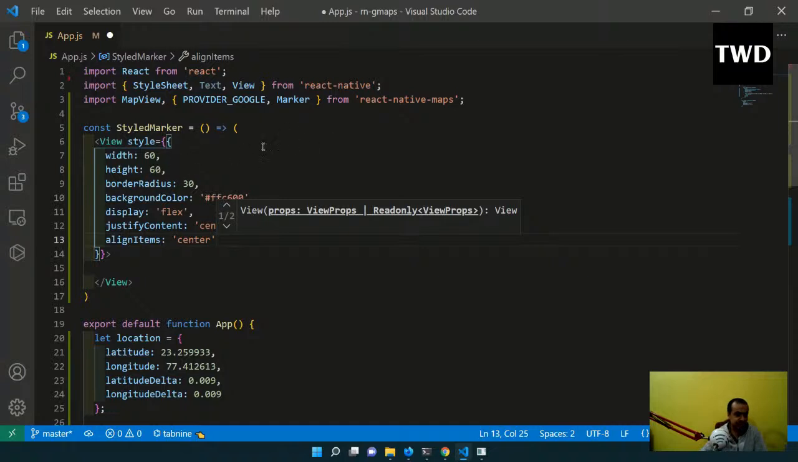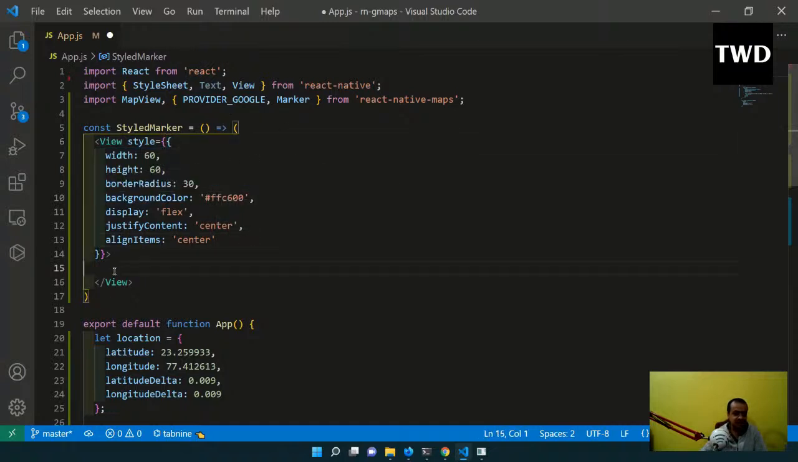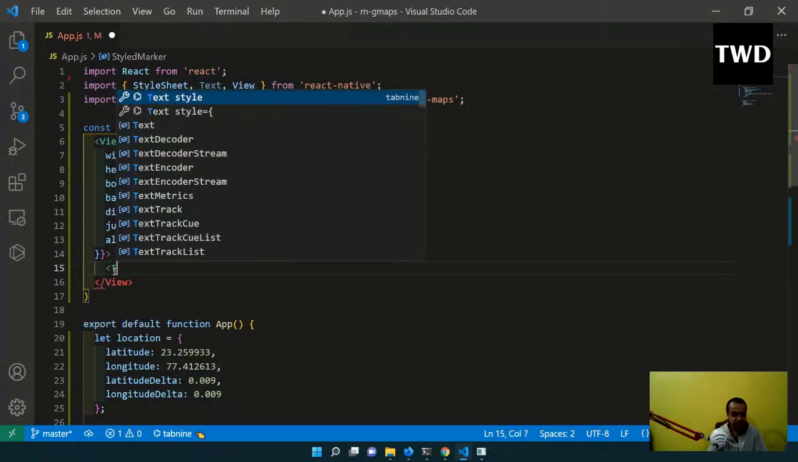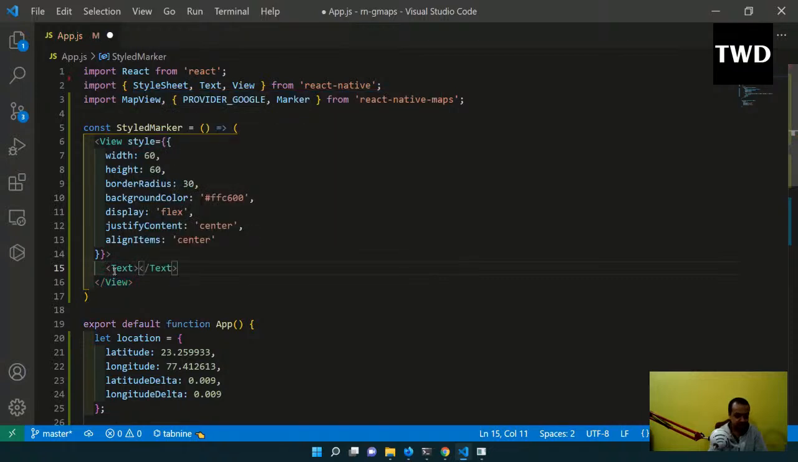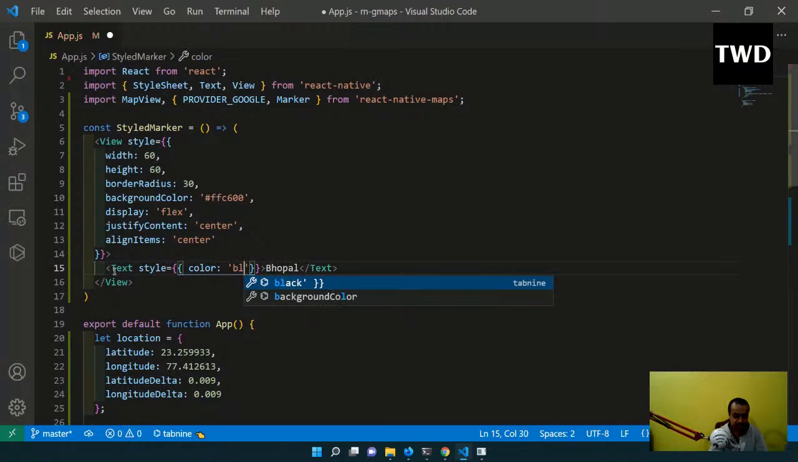And after this I will have text, and the text will contain, so anything you can give. So I just decided to give this style equal to color is black. Save it